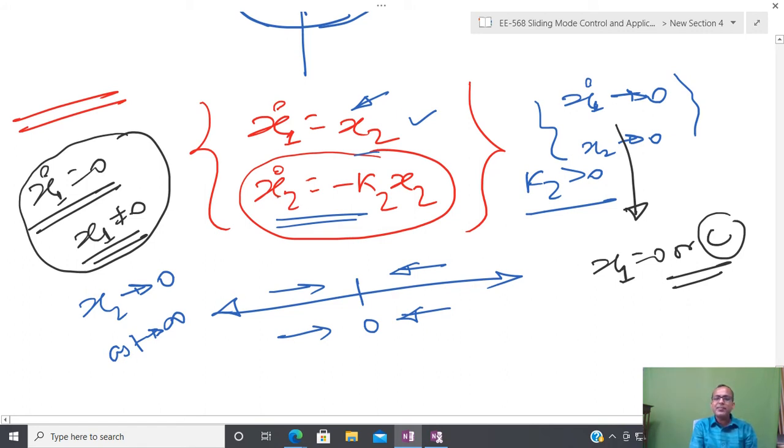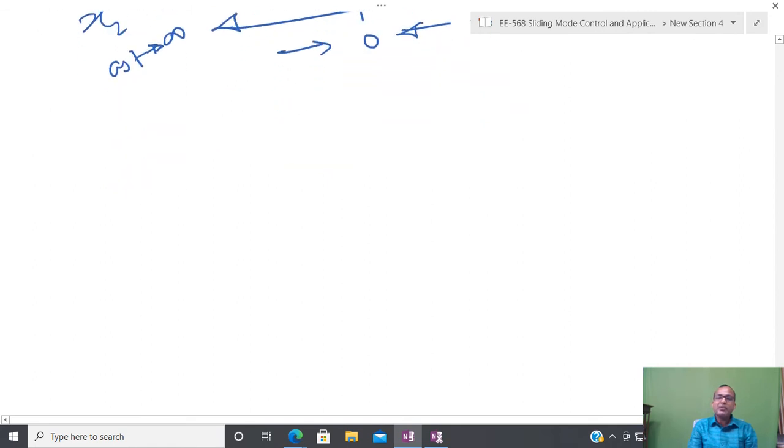Anyone has confusion on this? No, sir. So now the question is that whenever I want to design control, I need the information of both states. But what is my difficulty? I have either the information of x1 or the information of x2. So now the question is, is it possible to measure the information of an unmeasurable state if I have some information of a measurable state?